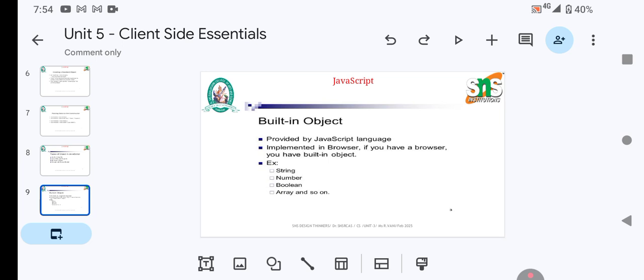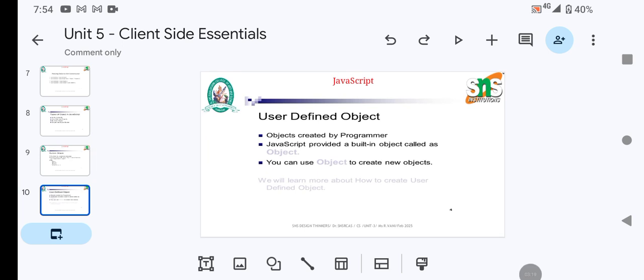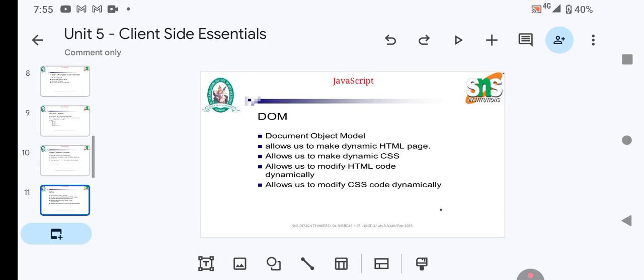object properties such as string, number, boolean, array, etc. The next one is the user-defined object, which denotes that an object can be created by the programmer or a user. It provides a built-in object, also called Object, used to create a new object. The next one is the document object model, which allows us to create a dynamic HTML page, to make a dynamic cascading style sheet, and to modify HTML code dynamically and also modify